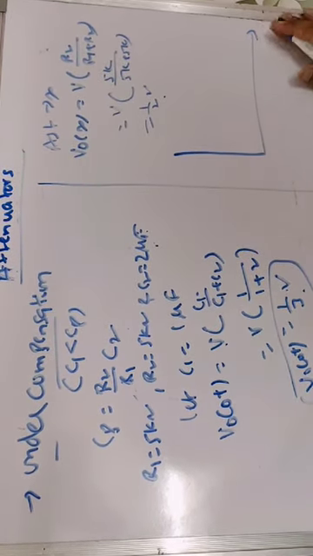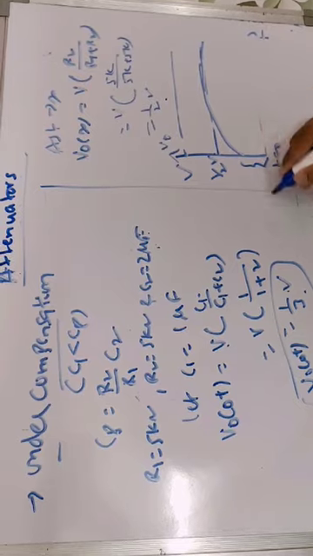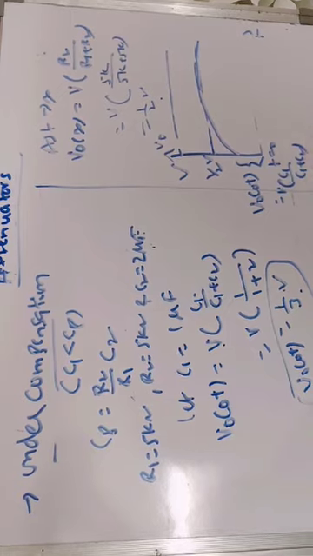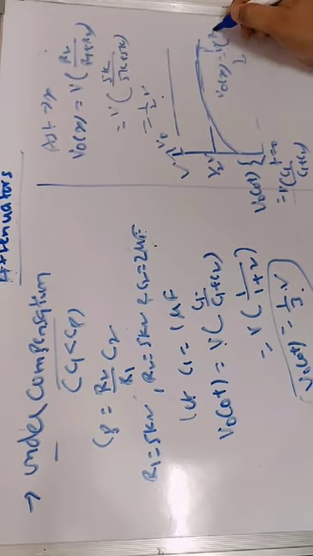In the graphical representation of this output voltage with respect to time, at t equal to 0 the input voltage applied is V. Now it is starting with 1/3 V, and finally it is reaching the value of 1 by 2 into V. Initially it depends on capacitances, so it is V into C1 divided by C1 plus C2, and finally as t tends to infinity, it depends on resistor values. It is V into R2 divided by R1 plus R2. This type of compensation is called undercompensation.